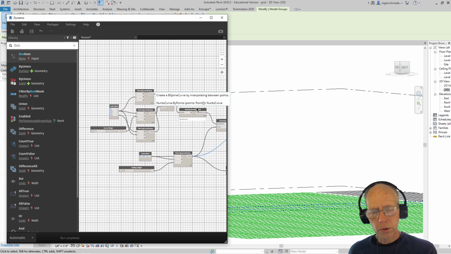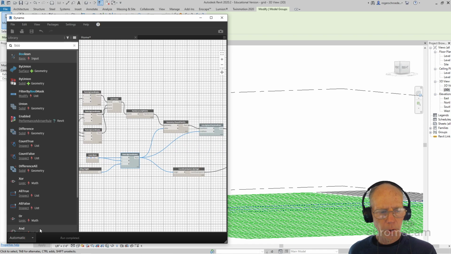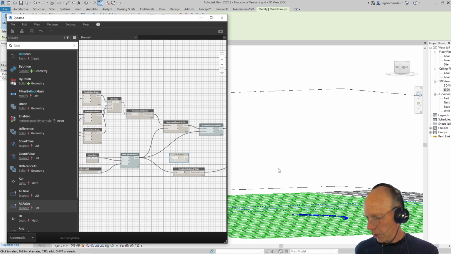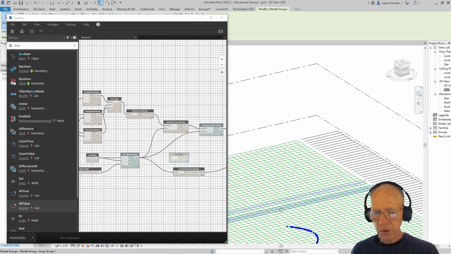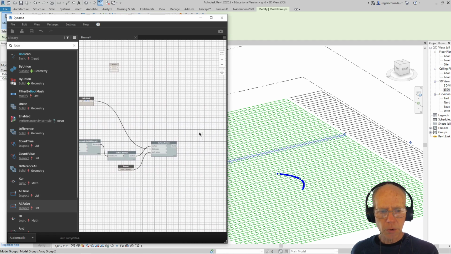We want the NURBS curve to still show. That was in the final drawing. The points by coordinate can be turned off. We don't need to see those any longer. And you can see how the box turns gray when we don't want them to show. And if I click on something, it'll end up showing what's still left on the screen. I can rotate this around just to show you. All we have left showing are the NURBS curves. Although we still have those boxes, we're just not showing them. If I turn this back on again,